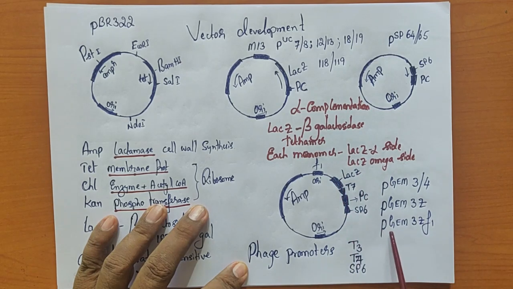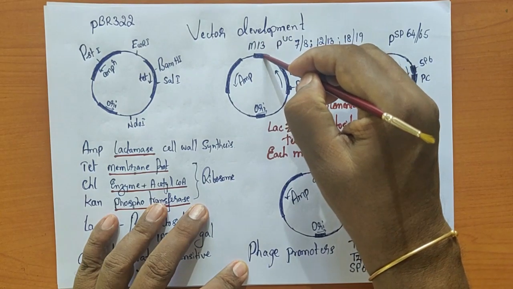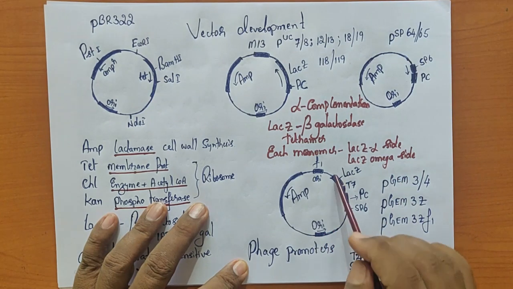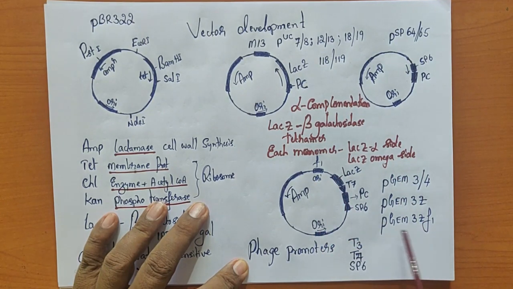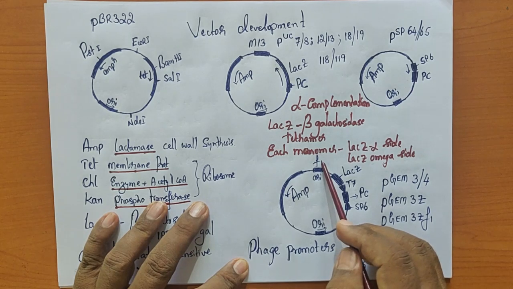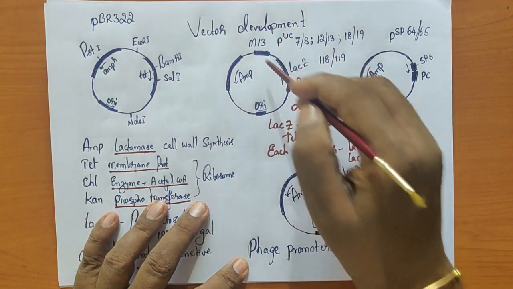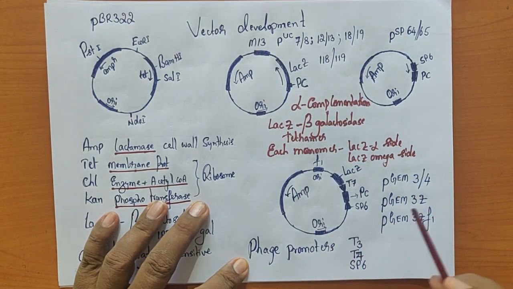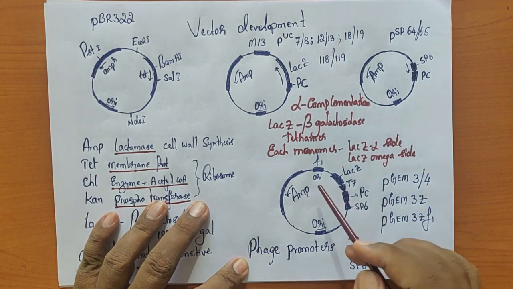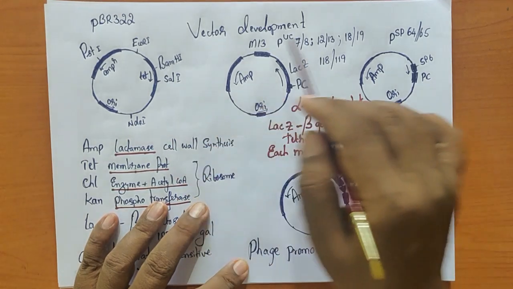Then we also have an improved version, pGEM3Z F1, because here we have used an origin of replication from a filamentous bacteriophage, M13. Apart from all those things in the pGEM3Z series, they have also used origin of replication from another filamentous bacteriophage, that is the F1. Using this particular one, it is the same function. It can replicate the double-stranded DNA to copy only the single-strand DNA, so that can be used for sequencing purposes.